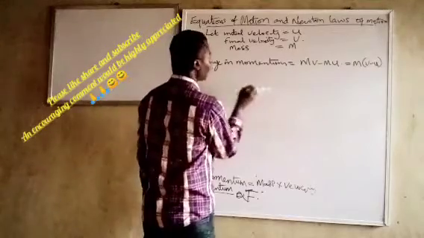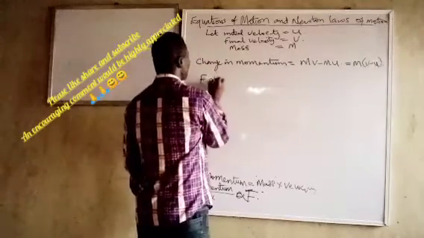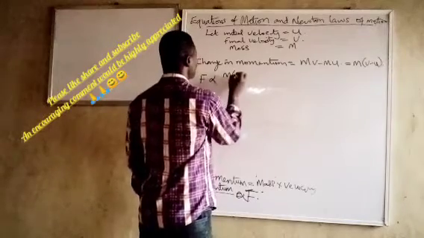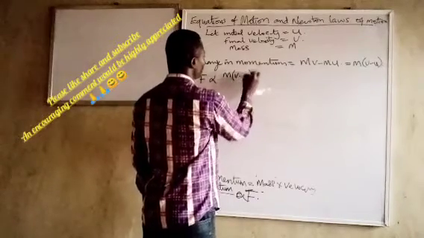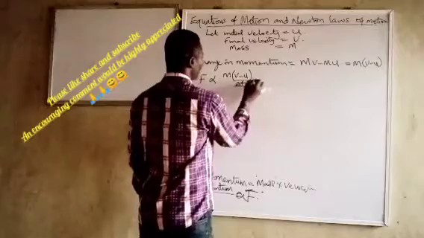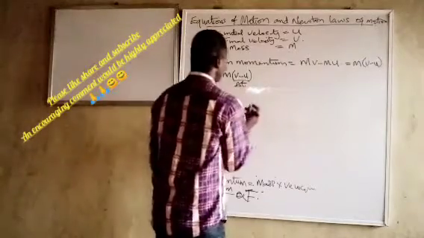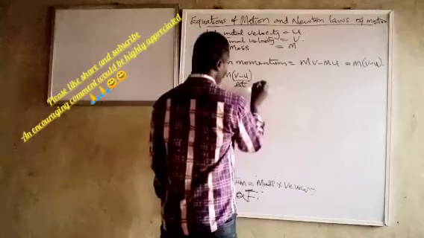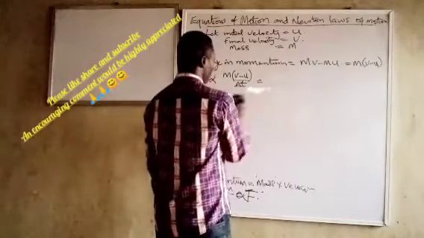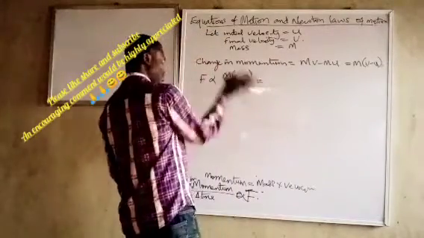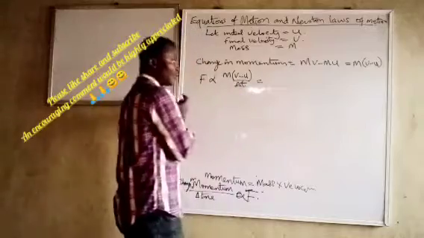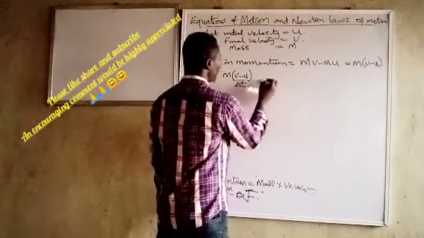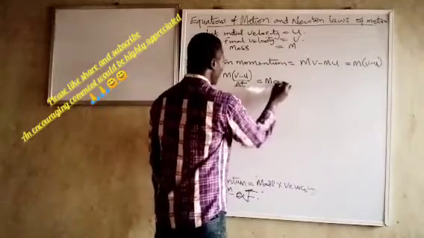Now we do something. F is proportional to m into v minus u over dt, and you will realize that v minus u over dt is equal to a. You will see that later on in equation of motion. I just try to bring this up first, and from the definition we have said that rate of change of velocity is acceleration. So we call this one ma.